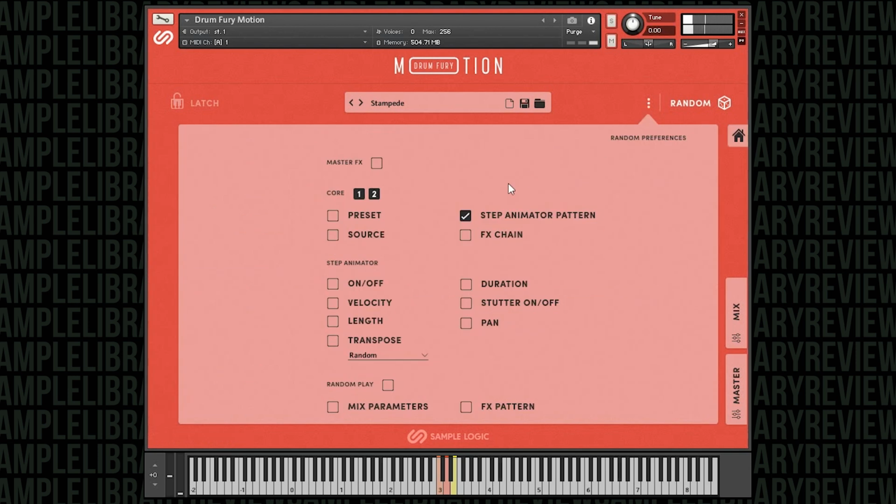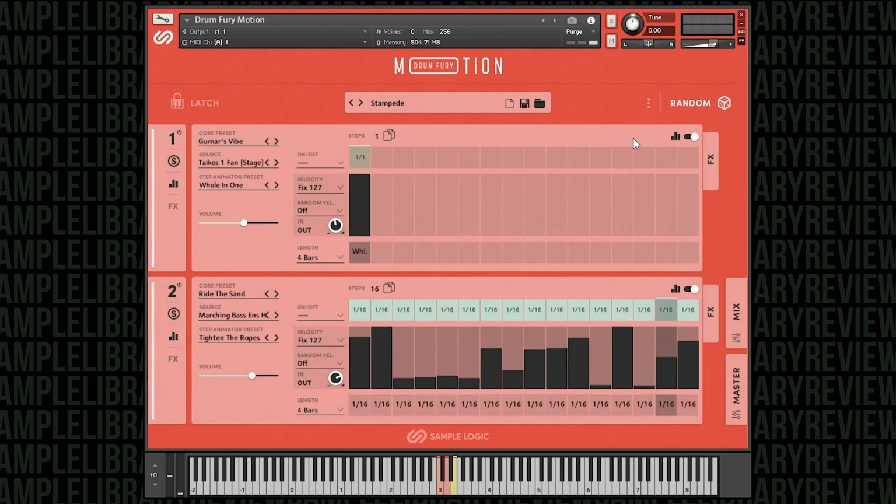Okay, so maybe I want to go deeper than that. Maybe I want to keep the step animator, but maybe I want to randomize the effects pattern. So I'm going to keep the same effects, but I'm going to randomize the pattern because the effects even have their own sequencer matrix that I'll show you in just a moment. So let's say I just want to randomize the effects pattern, and maybe I want to randomize the velocity. Okay, so as a reminder, here's our starting point. And when I randomize those two things,